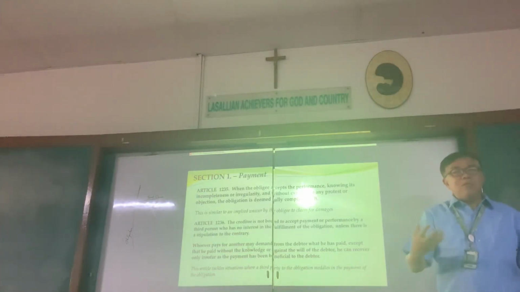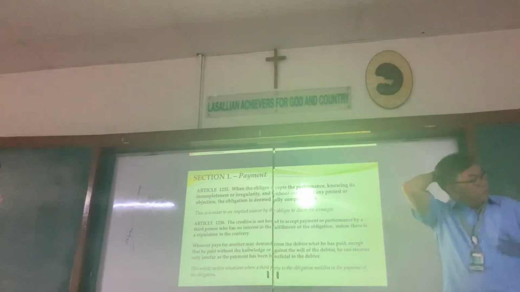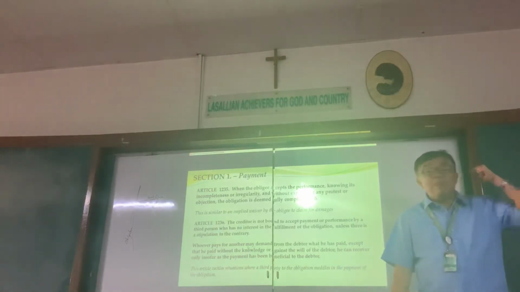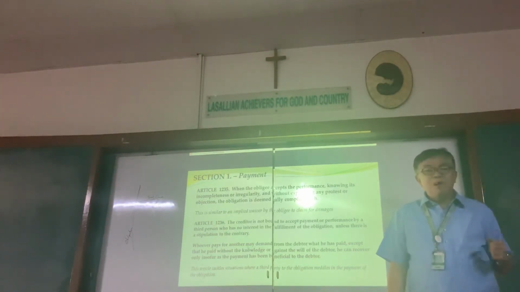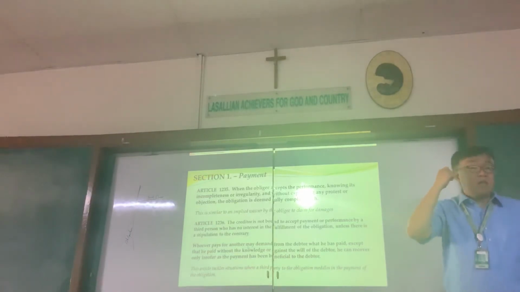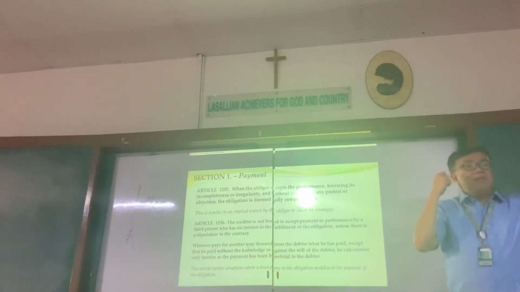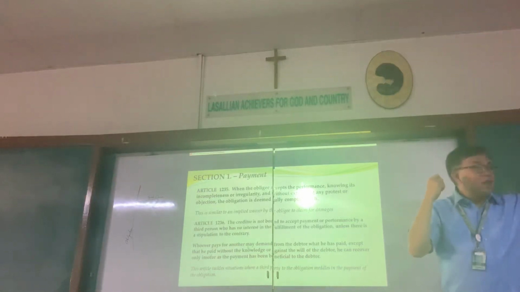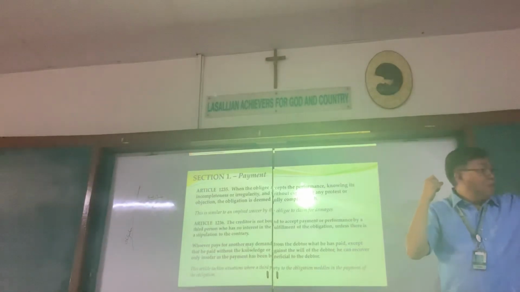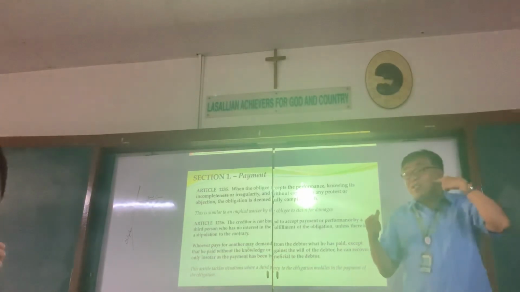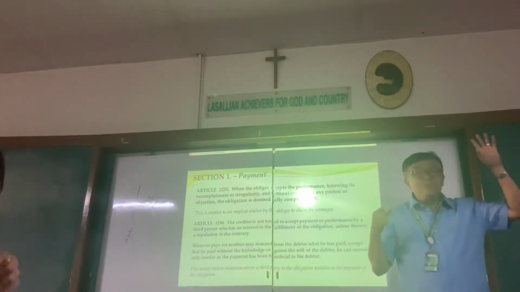A humorous example that will make you understand the concept. Boyfriend calls girlfriend: "Oh, I'm running a little bit late. Don't get mad." "Okay, I won't get mad." "Basta when you get here, you have to kiss me." Who's the debtor? Boy or girl? Boy. Why? He has to give a kiss. The girl has to receive the kiss. Creditor, girl. Okay.